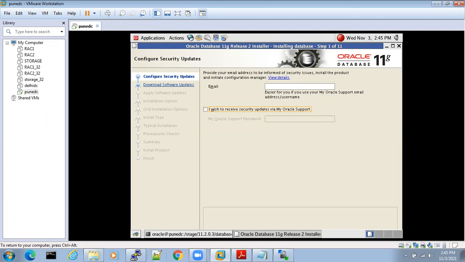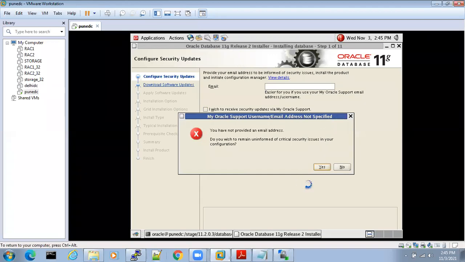Are you able to see the Next button? Is it visible? No, sir, because the screen is very short. So what we can do is use the control buttons on our laptop. If you want to go to the next step, Alt+N will take you to the next step. Click yes.